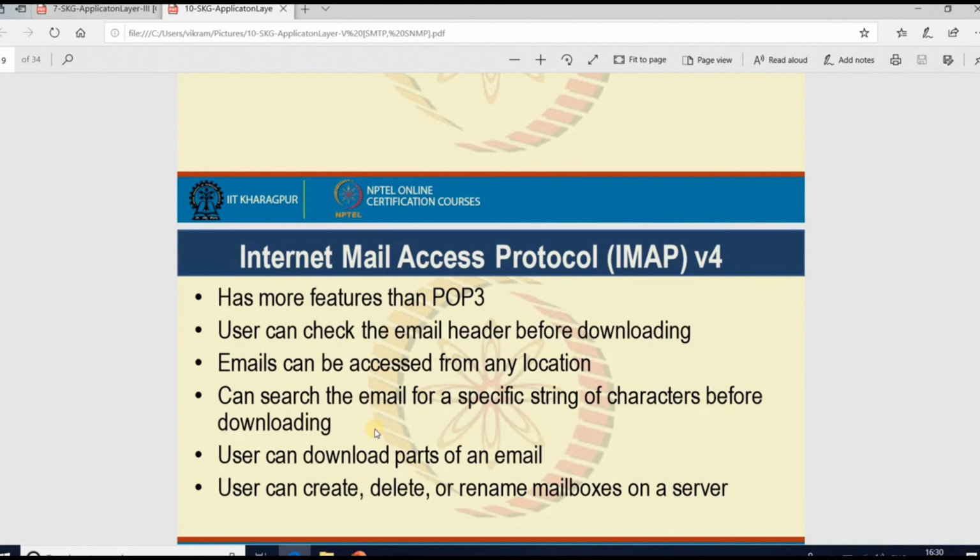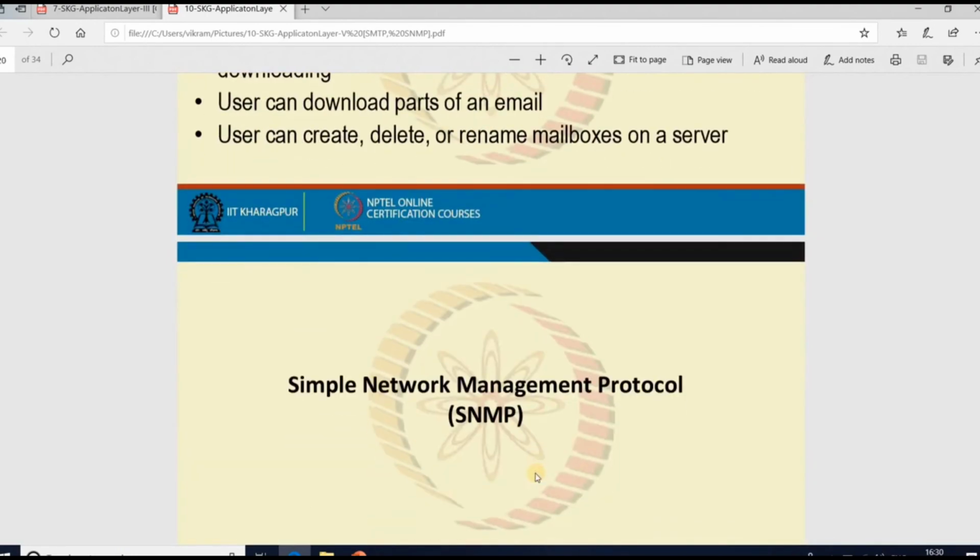The user can check the email header before downloading. Emails can be accessed from any location. The user can search the email for a specific string of characters before downloading it. The user can download parts of an email. The user can create, delete, or rename mailboxes on the server.